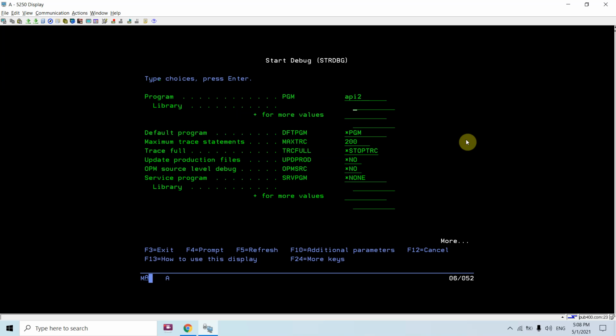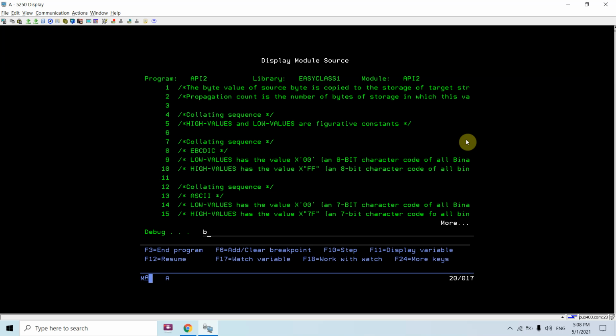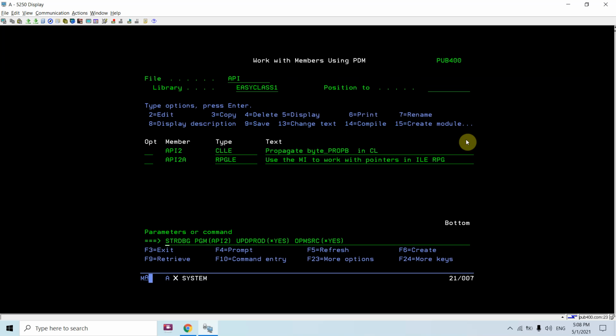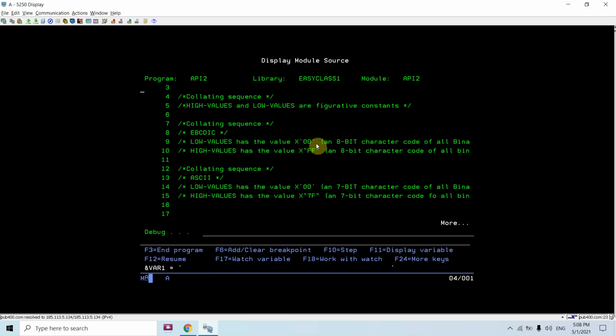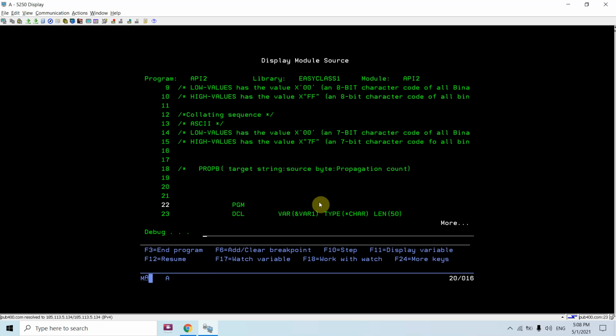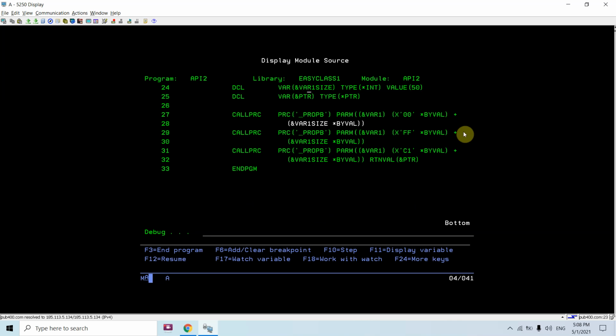API 2, call API 2. Now you can see variable 1 is blank right now, it's empty, and variable 1 size is 50.